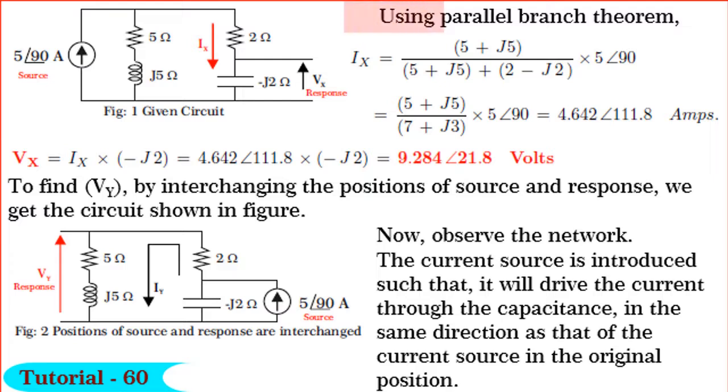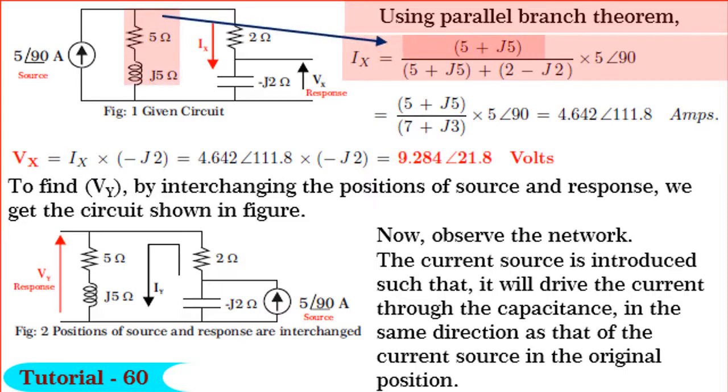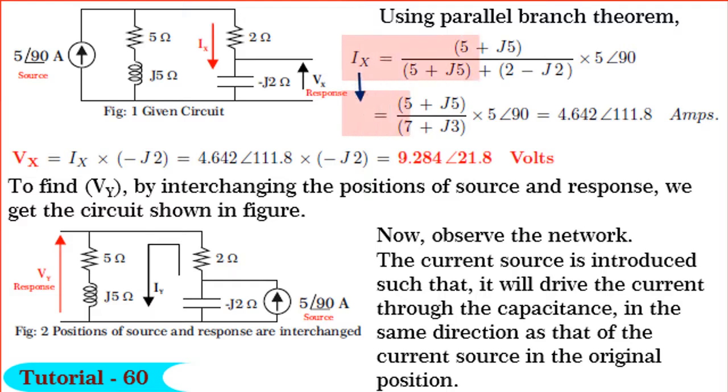So, using parallel branch theorem, Ix is equal to impedance of the other branch divided by sum of the two parallel branch impedances into total current. By solving, we get Ix is equal to